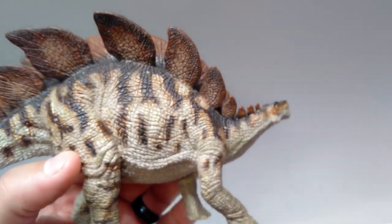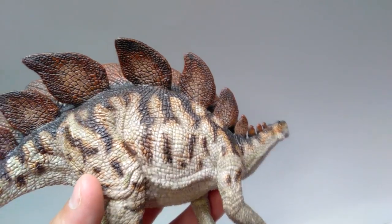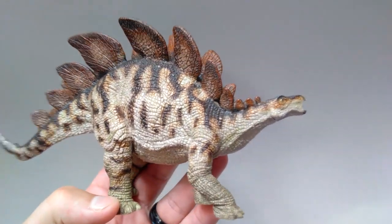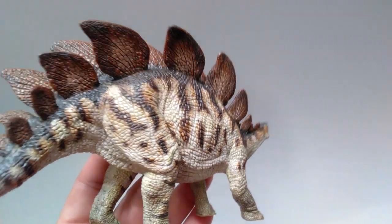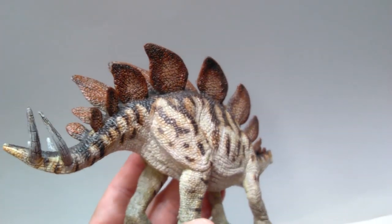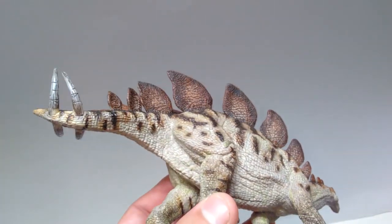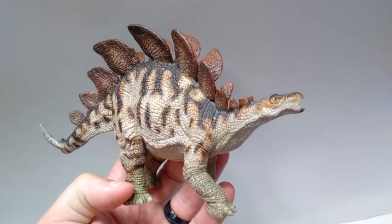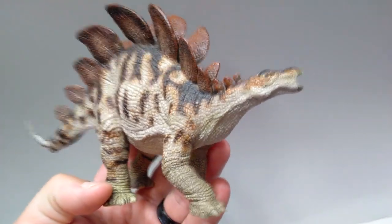The paint on the previous one was quite clearly an inspiration from the Lost World Jurassic Park, which is kind of the same idea with the sculpt of the Stegosaurus. However, with this new paint scheme, this is something all new. I'm not sure what the inspiration was for it, but I personally really like it. I think it looks beautiful without question, and the paint application on this is just miles ahead of what we